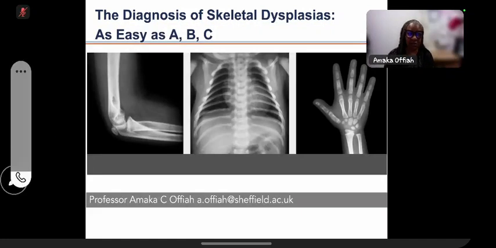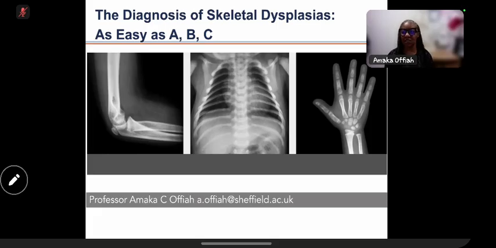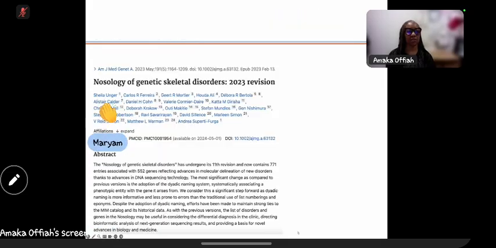So yes, I'm going to speak to you today about the diagnosis of skeletal dysplasias, and you'll see that I've called it as easy as ABC. And as we go through, you will probably understand why I've given it this title. Okay, so in the latest publication, which was 2023, of the International Skeletal Dysplasia Group, the nosology that comes from